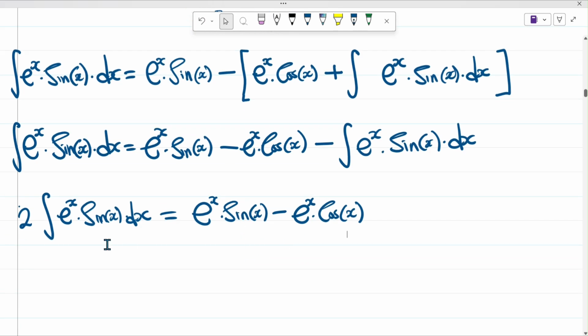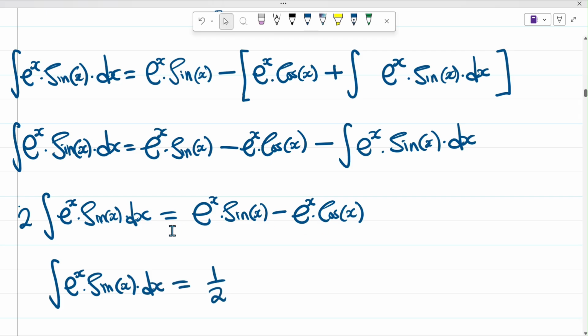All right, but in my question, I was not solving for 2 times the integral of this, so I must get rid of this 2 by dividing by 2 on both sides. To get rid of the 2, I divide on both sides, and then I'm left with the integral of e to the power of x sine of x dx, which is going to be equivalent to